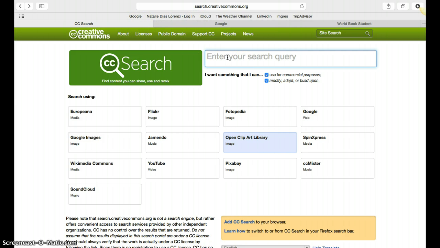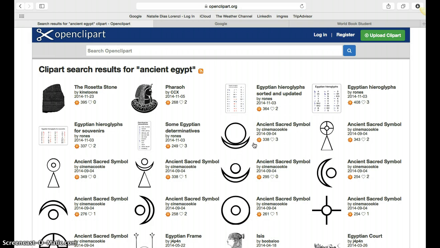If I'm looking for clip art, for example, on ancient Egypt, I type that in the box here, and unlike Google, the Creative Commons default is they've already checked that they're looking for images for commercial purposes that I can modify, adapt, or build upon. So I can choose really any of these, including Google, and it'll automatically set those filters for Google. Or if I'm looking for clip art, I can click there, and these are some of the images that I'm